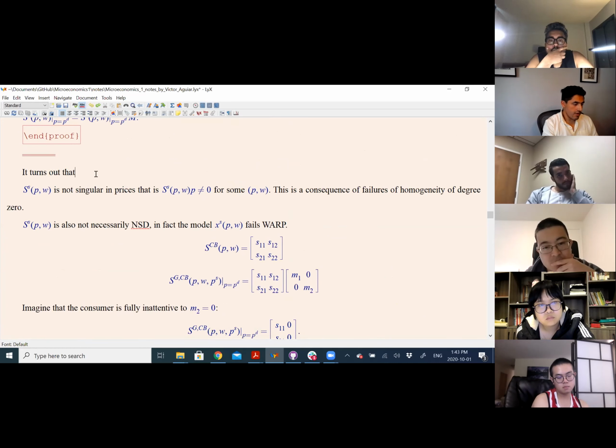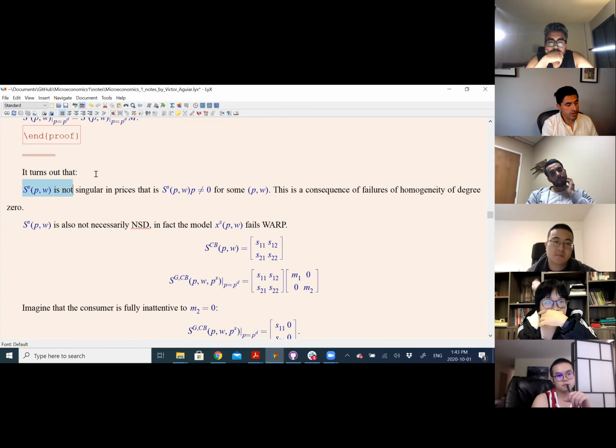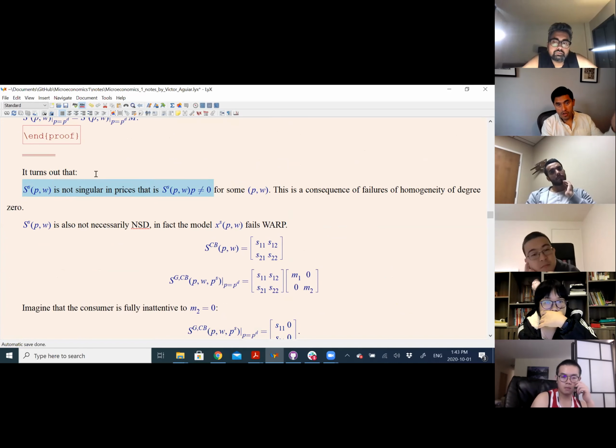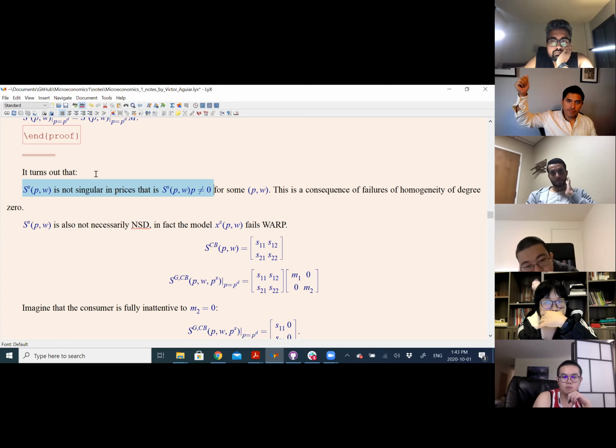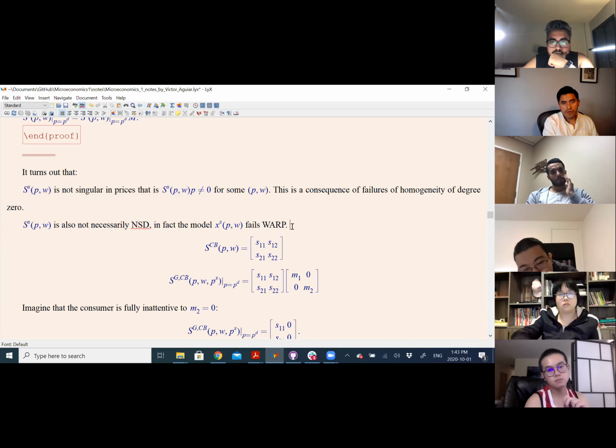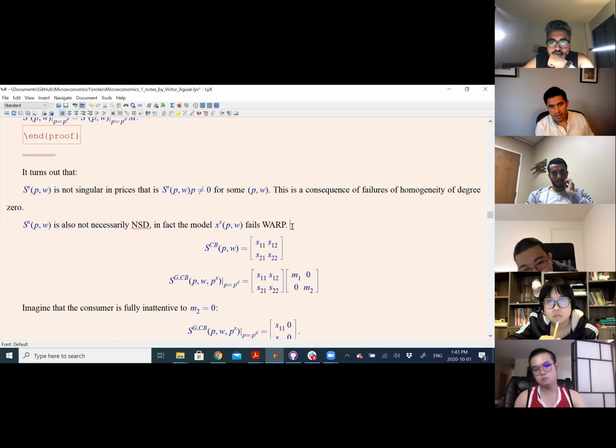So it turns out that the Slutsky matrix is no longer singular in prices. So the Gabaix model does not necessarily satisfy the no money illusion. Here, individuals may be fooled by increasing income and then doubling prices. These guys may choose differently, right? So these are subjects that are subject to monetary illusion. And in particular, they fail homogeneity of degree 0. They also may not be negative semi-definite, and they may fail WARP. And of course, they may fail also the SARP and the GARP.